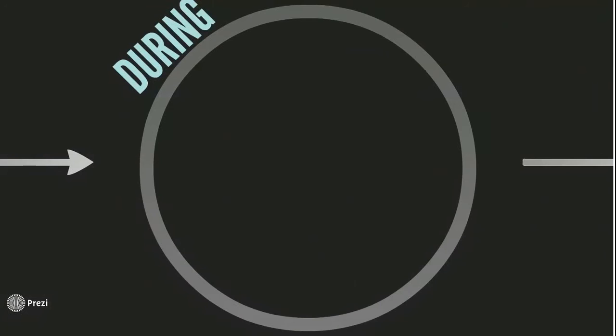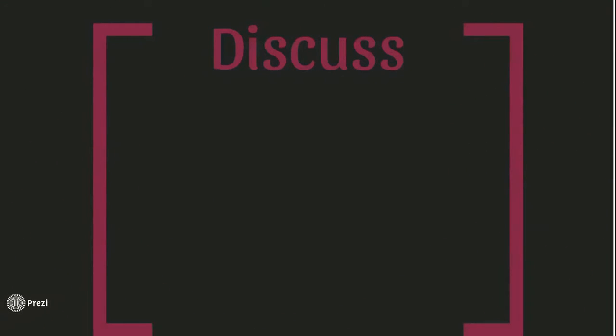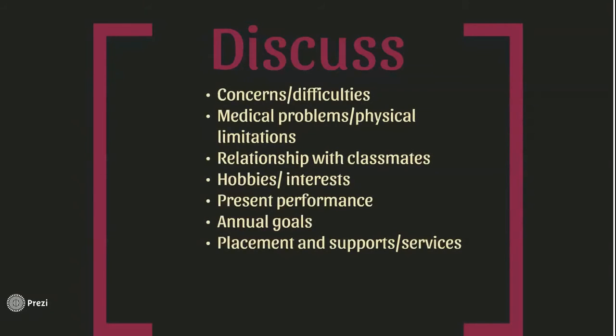So what happens during the IEP meeting? Every element of the IEP should be covered during the meeting. It's important that the IEP meeting focus on your child as an individual. Every IEP meeting should cover these key aspects: concerns or difficulties your child is experiencing, any known medical problems or physical limitations, your child's relationship with classmates and friends, your child's hobbies, interests, and/or extracurricular activities, present levels of performance,